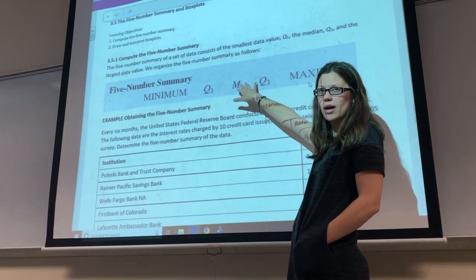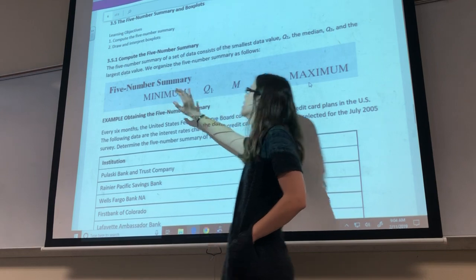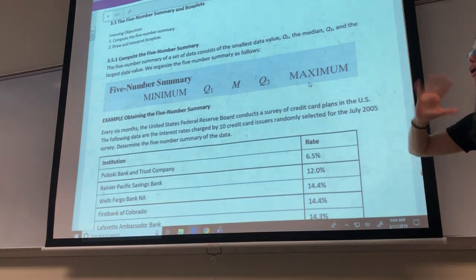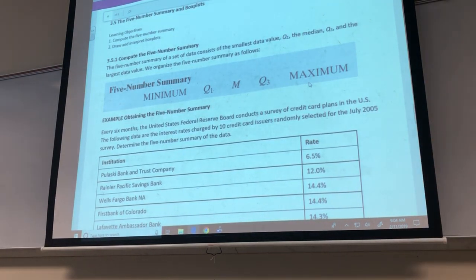They've got their quartiles in the middle, but then they also throw in the minimum, which is the smallest value that you see, and the maximum, which is the largest value that you see. So when you put all of those together, they call it the 5-number summary. The 5-number summary is going to be